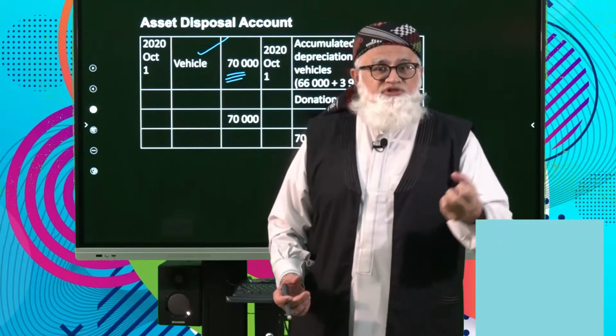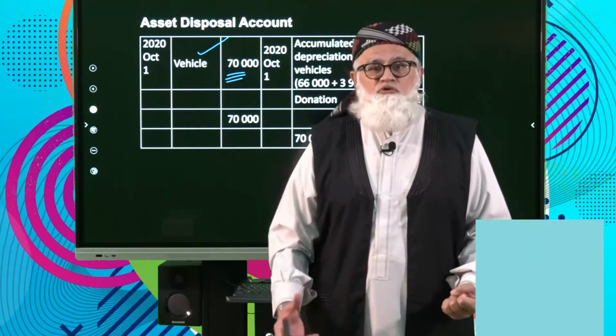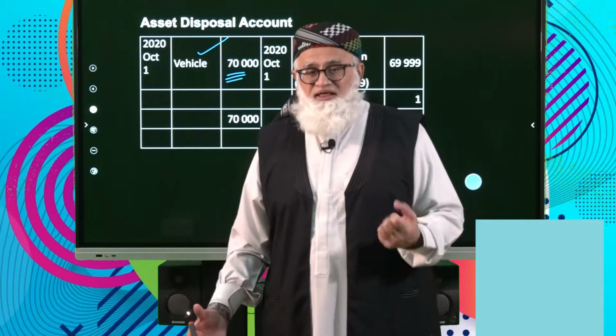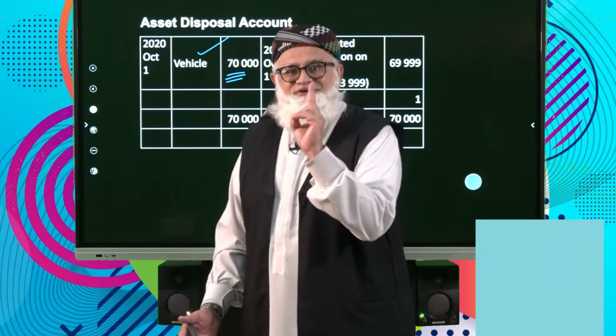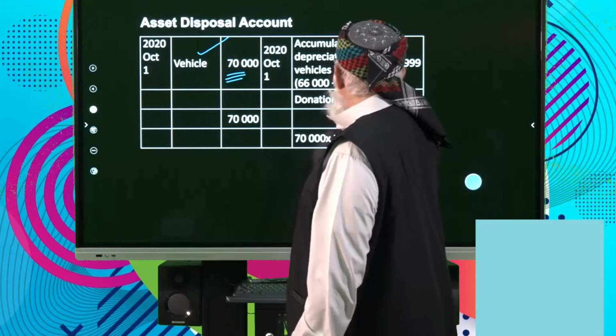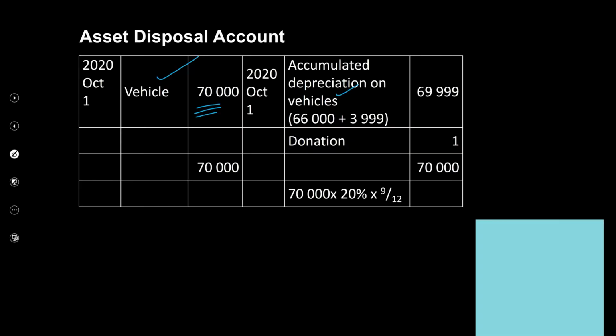Like we removed the cost price, we also remove the accumulated depreciation. Therefore, a debit to accumulated depreciation and a credit to my asset disposal. Watch, there's my entry. You can clearly see I'm crediting my asset disposal. Now, what amount do we use? We look at the 66,000, which was my opening balance, plus the 3,999 Rand to give me the total amount